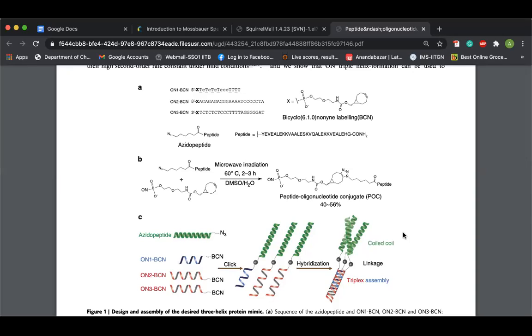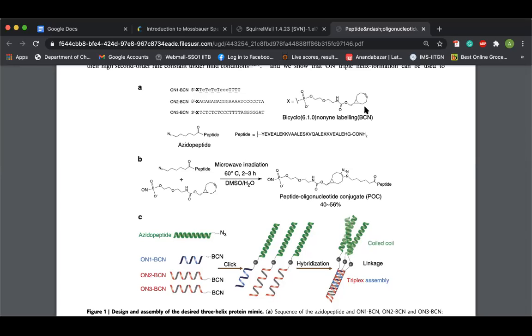So what they did actually over here, you can see they have taken 3 different oligonucleotide sequences. Oligonucleotide is nothing but a single stranded DNA sequence. They have actually taken over here 3 different sequences. And over there at the end, they have this kind of structure. Okay, it is nothing but an alkyne structure. I'm not going into the details of the organic chemistry, it is an alkyne structure.